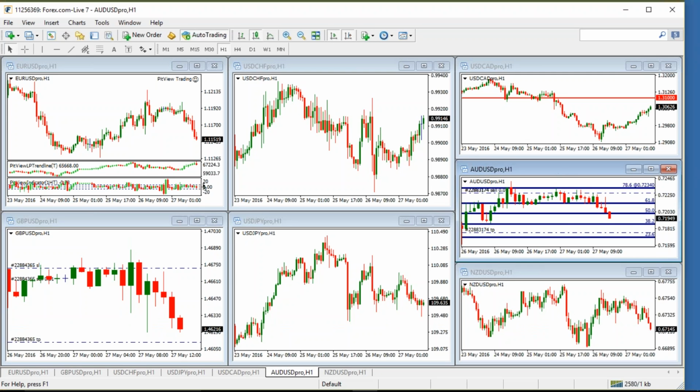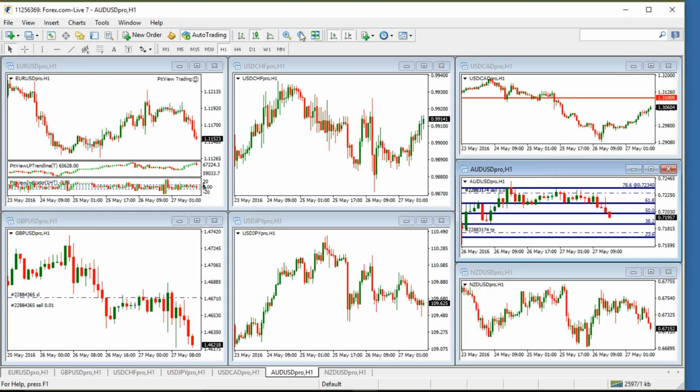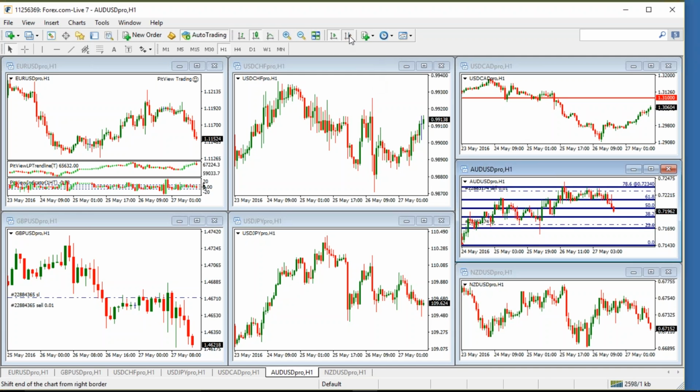So this morning really to me is all about managing trades. There's one in particular that I'm looking at as far as a possible scenario for shorting the dollar, but we want to be very careful of what we do because we don't want to be caught with our pants down when Yellen starts talking and being either long or short any trade, whether it be the dollar or a cross pair or anything, because I think the one certain thing that we can count on at 1:15 this afternoon is